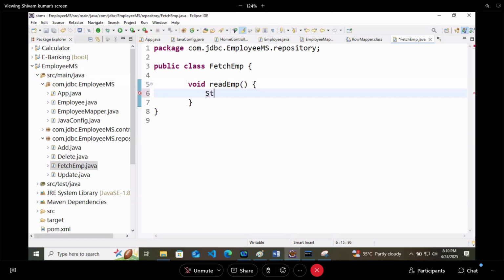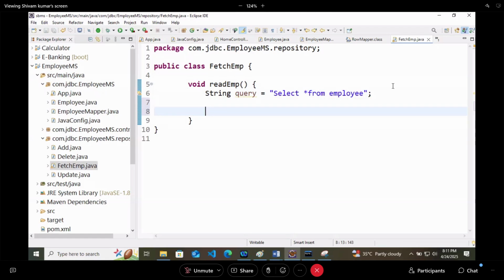There is one query here. String query equals, what is the query that we have to write? Select asterisk from employee. That is my table name.